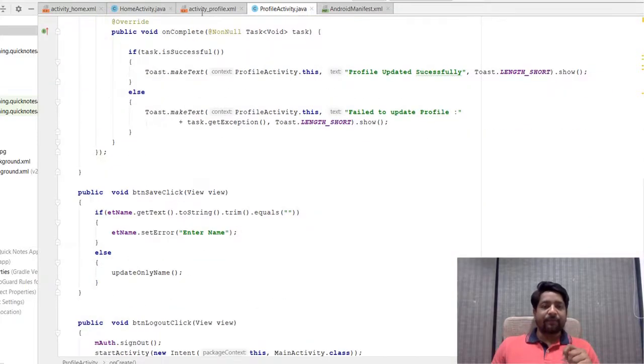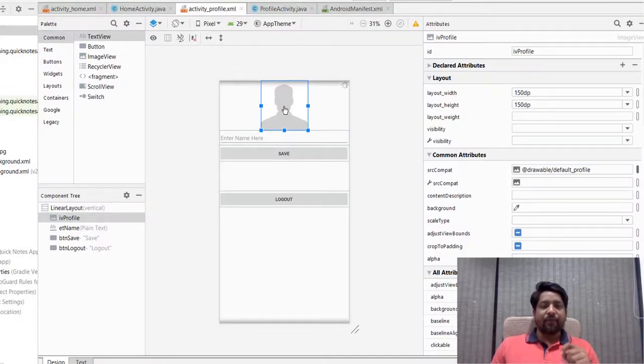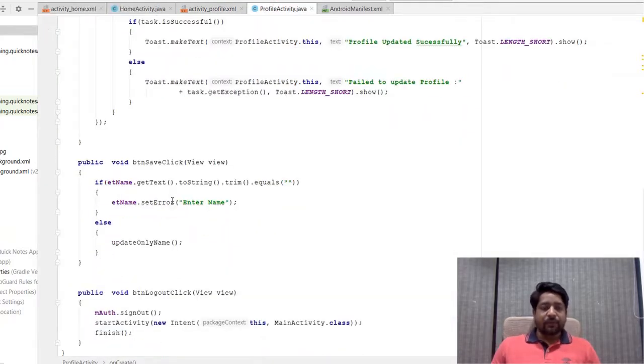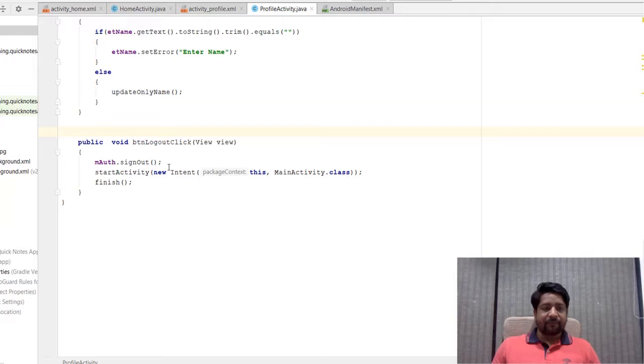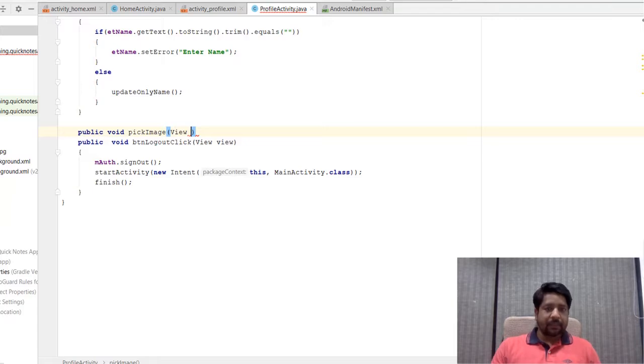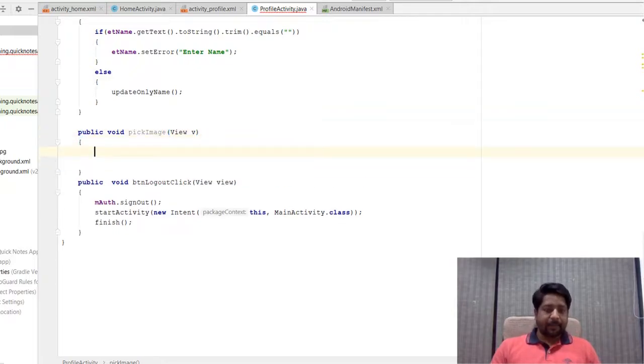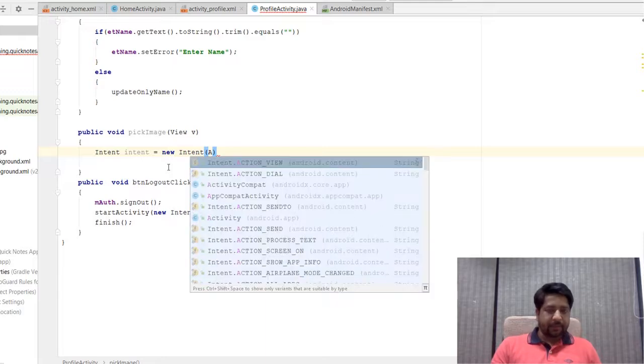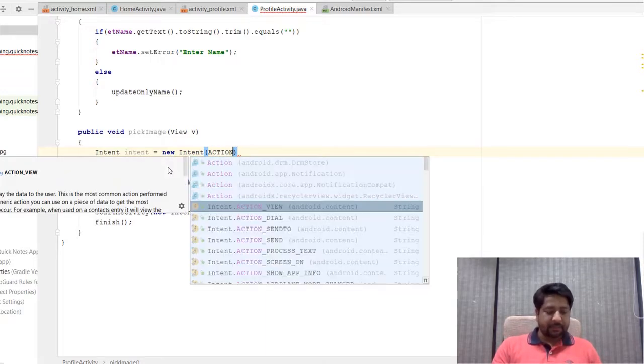Now to upload the image, we are going to write a click listener on this image view, which will open a picker. So to open that, I will write a click listener for the image view. So public void pickImageView. This is a click listener for the image view. This will create an object of Intent equal to new Intent, and we'll pass the action as ACTION_PICK,